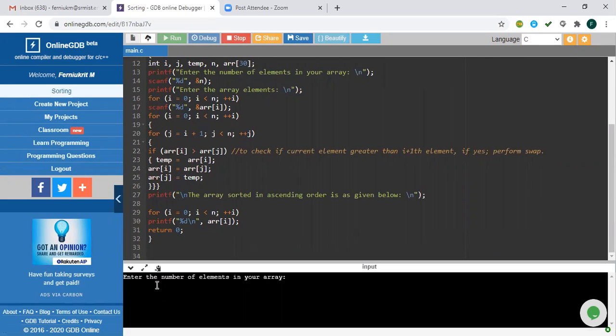I am giving 5, and the elements 22, 10, 73, 38 and 56. You can see it is in sorted order: 10, 22, 38, 56, 73. Okay, with this, this is what your array concept is.